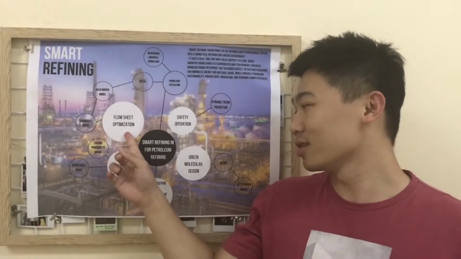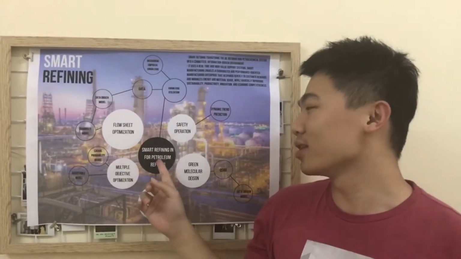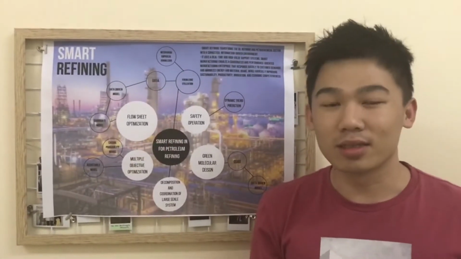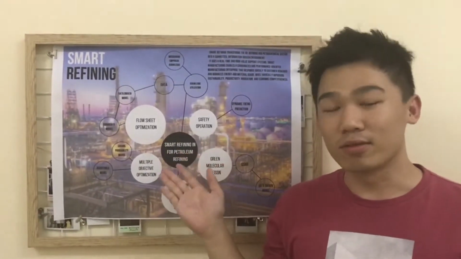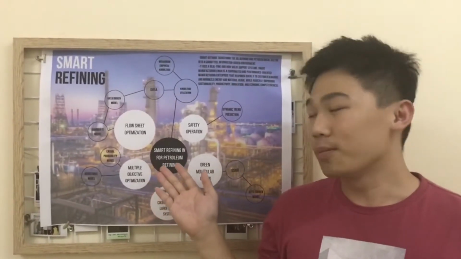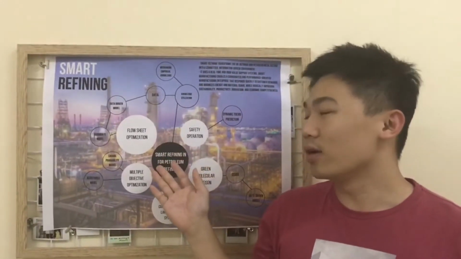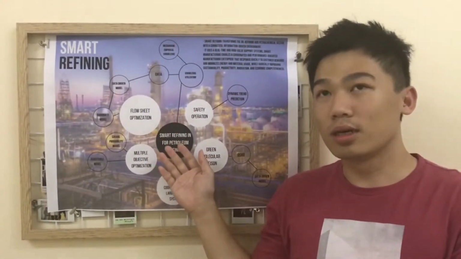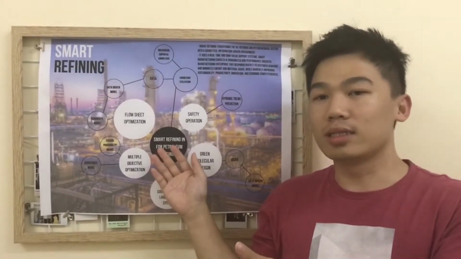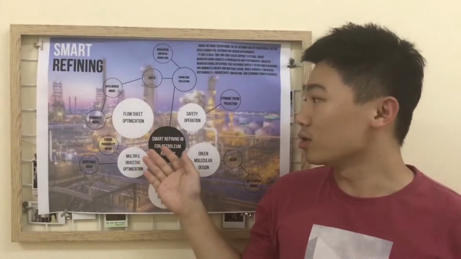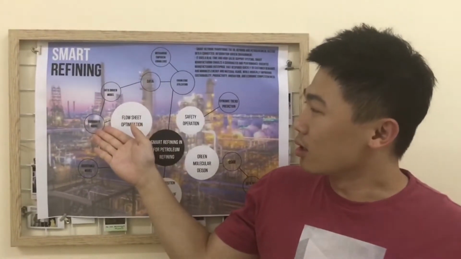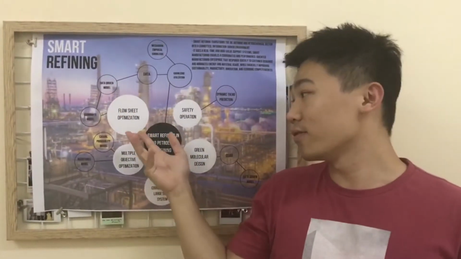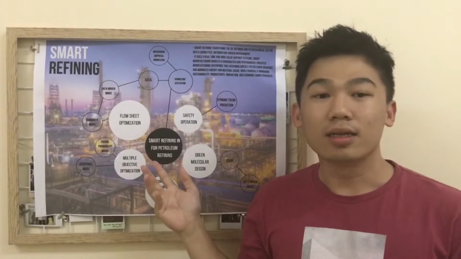Flow sheet optimization to smart refining for petroleum refining. So flow sheet is actually a very important thing in a refinery plant, because it collects all the data recorded from the refinery plant itself, like oil, biodiesel, all those data collected from the refinery plant. That's why a model, surrogate model and data-driven model is really important and necessary for refinery, so that